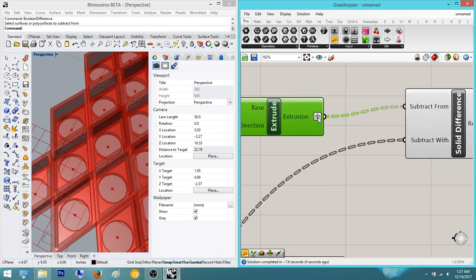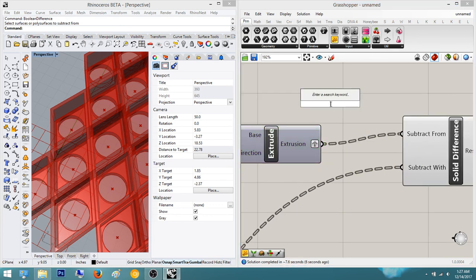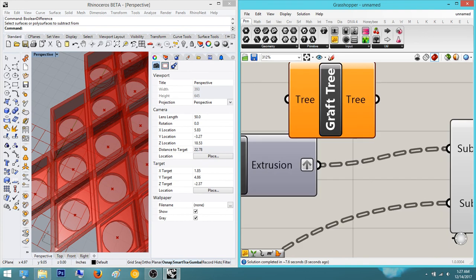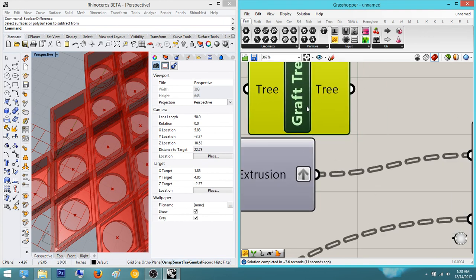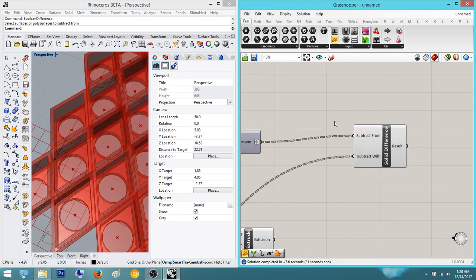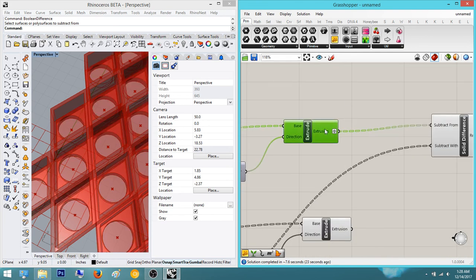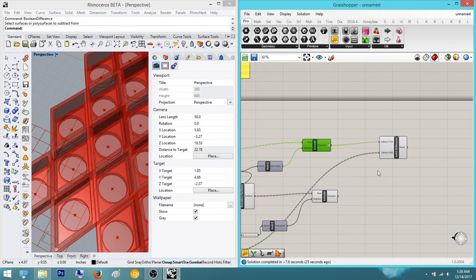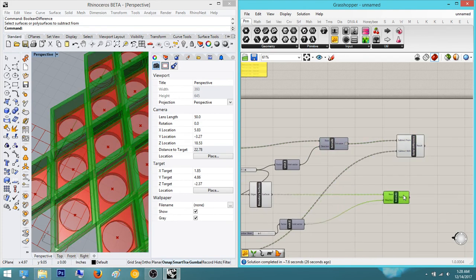If you hover over graft, it's essentially the exact same thing as this. Instead of doing this, we can just do a graft here. So instead of unplugging stuff constantly, if you know it's just this command, you can just graft it. So awesome. Now we have